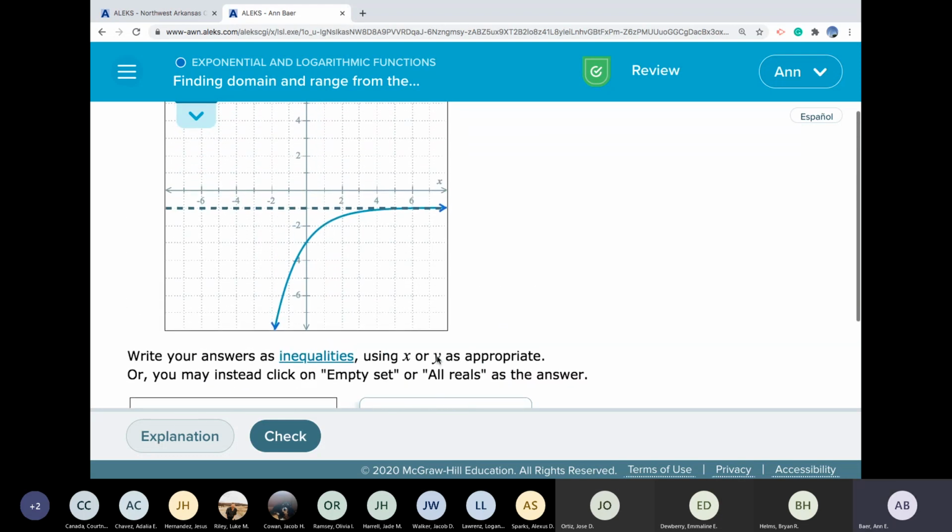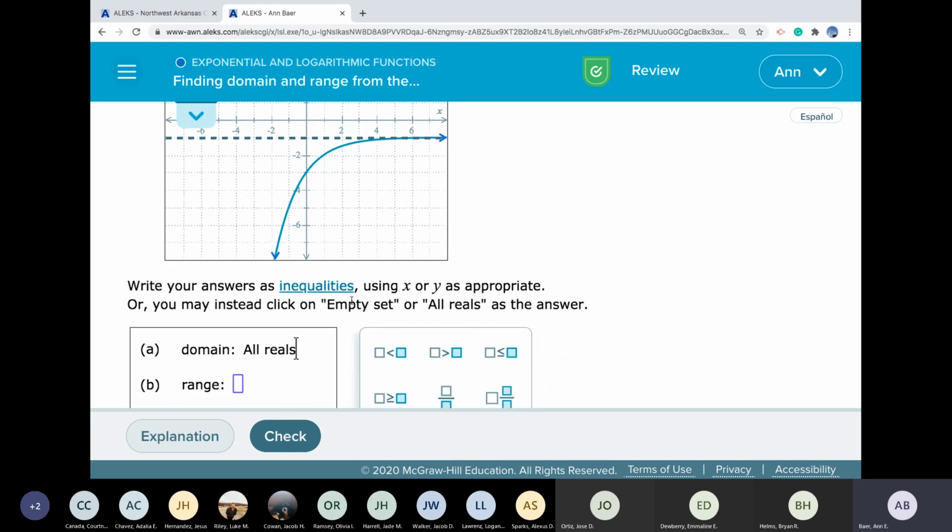Now the range is different. So we're coming up, we want the set of all y's. This is going to go down forever. So when we start at negative infinity and we're taking all of these and moving them up and tracing them over to the y-axis this time, we're going to get all of these. And then we trace over to the y-axis this direction. We're going to get all of those. And this, and so forth. We're going to get all the numbers up to this horizontal asymptote, not including that horizontal asymptote, which is at -1.